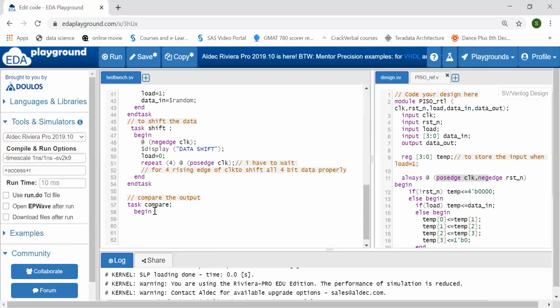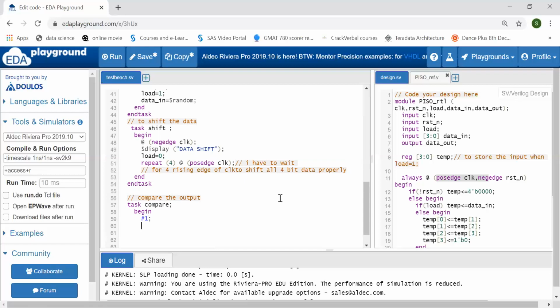Let's call this task at the positive edge of clock. Here I am not giving @(posedge clock); I am simply writing begin $strobe. Let's keep some #1 delay. Then you can use $strobe as well as $display.